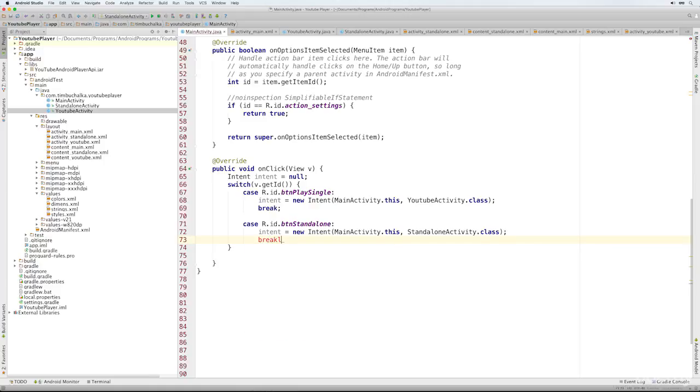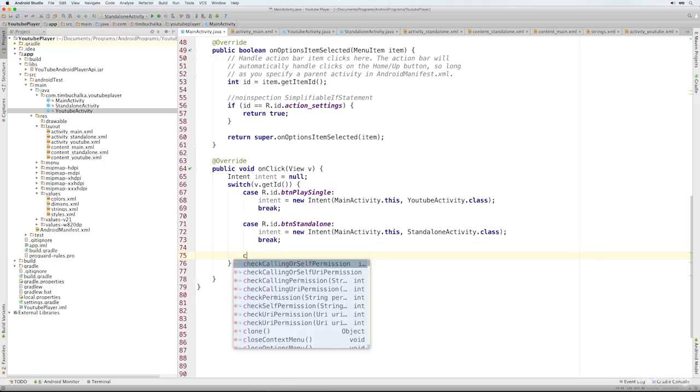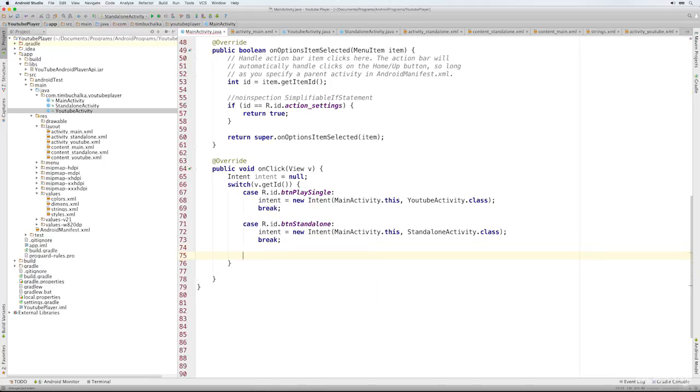You'll notice there that I couldn't tab back, and that's because we didn't have a break in there, so that was subtly reminding us of that. We now need to add a default, and we're not going to do any processing with that. That's if neither of those buttons were tapped, which shouldn't happen because we've only got the two buttons. Then the last thing we need to do is if intent is not equal to null,